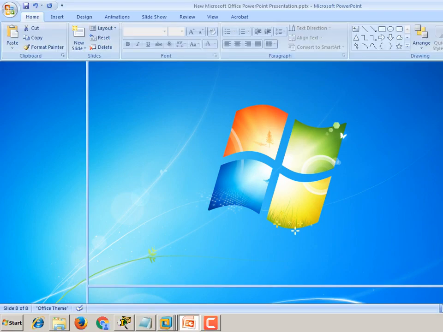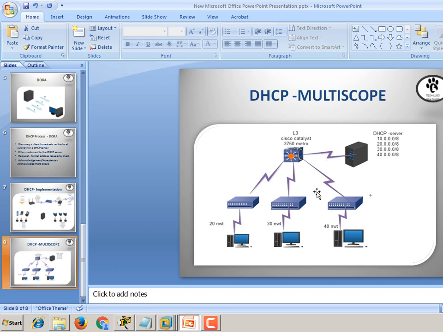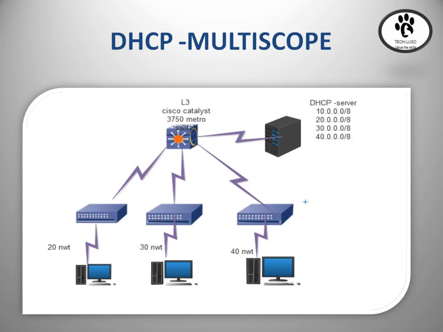So next level, how you can do with multiple scopes, because the entire network cannot have a single IP range. When a huge network is under a single IP range, it will be affected by the broadcast messages. The network traffic will be high and the network performance will become very slow. Because of that reason only we divide the networks and manage them.